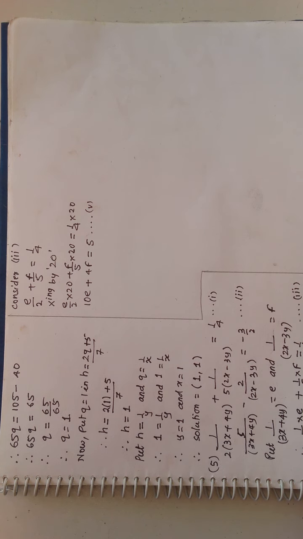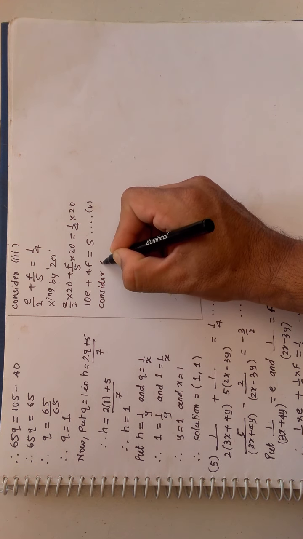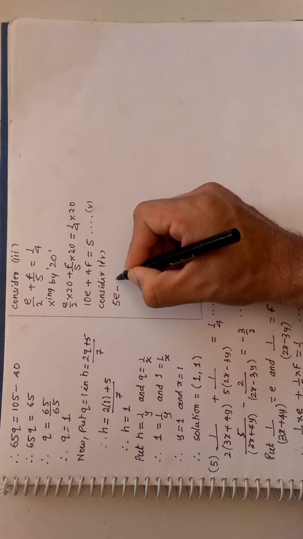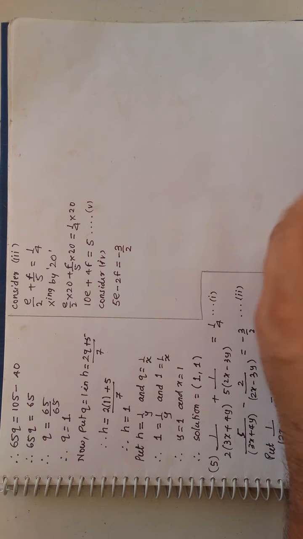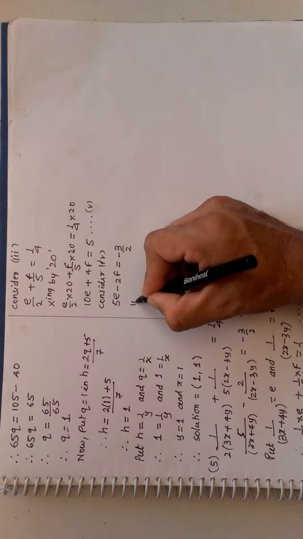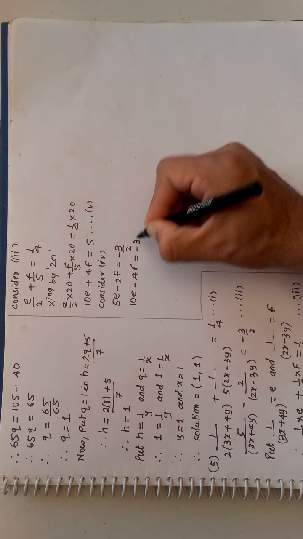Now let us take this fourth one. So it becomes 5e minus 2f is equal to minus 3 by 2. So here I can see very clearly the denominator is present only at one place. So why not to cross multiply? You can multiply this also by 2. But why to do that? Directly cross multiply. This 2 will multiply to both of them. So 2 5s will become 10e. 2 2s are 4f is equal to minus 3.